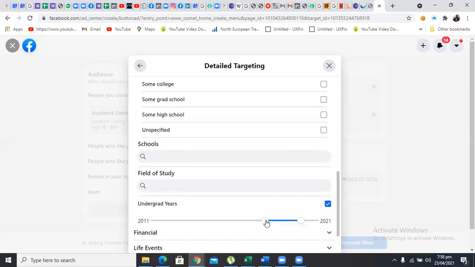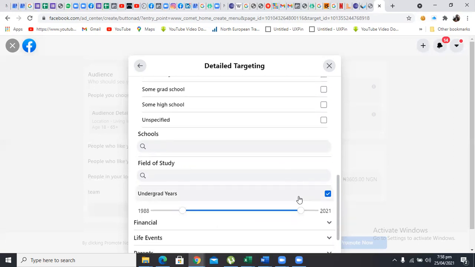People that graduated years back and they're on Facebook between 1960 or 1988 to 2021, you can target them here. Between this place, you target them here and you do your ad, and it will reach almost everybody that are within this.